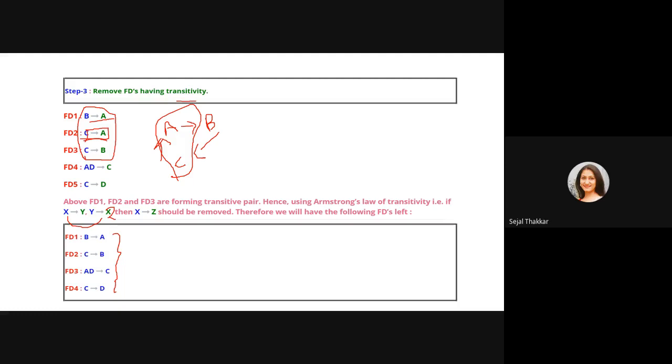You can even merge C here. C tends to B and C tends to D. So after applying the rule of decomposition, you can, by association, combine these two. C tends to BD,